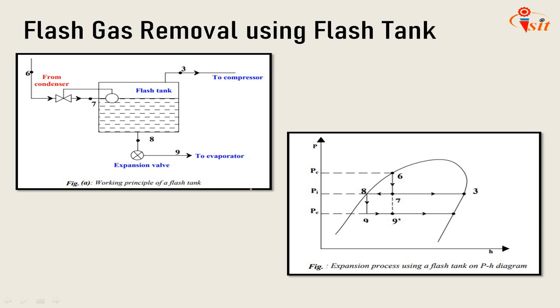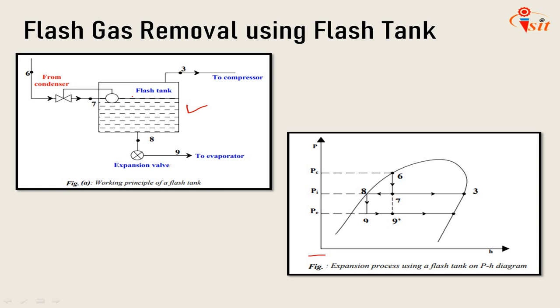However, continuous removal of flash gas as soon as it is formed and recompressing it immediately is difficult in practice. One way of improving the performance of the system is to remove the flash gas at an intermediate pressure using a flash tank. So here the figure shows a schematic of the flash tank, and the next figure shows the expansion process employing a flash tank. A flash tank is nothing but a pressure vessel wherein the refrigerant liquid and vapor are separated